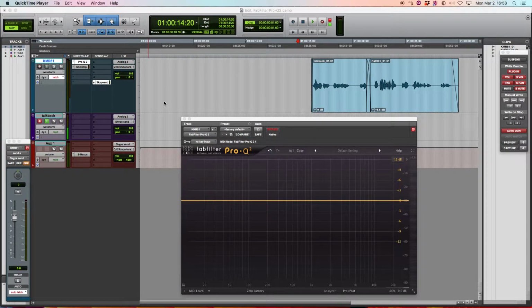I'm the dialogue guy. Chief sound guy is my official title, but I'm the dialogue guy here at Here Kitty Studios. And what I'm showing right now is how I use FabFilter Pro Q2 for dialogue matching. Works for interviews. I use it a lot for interviews in documentary, but also works for dialogue fairly well